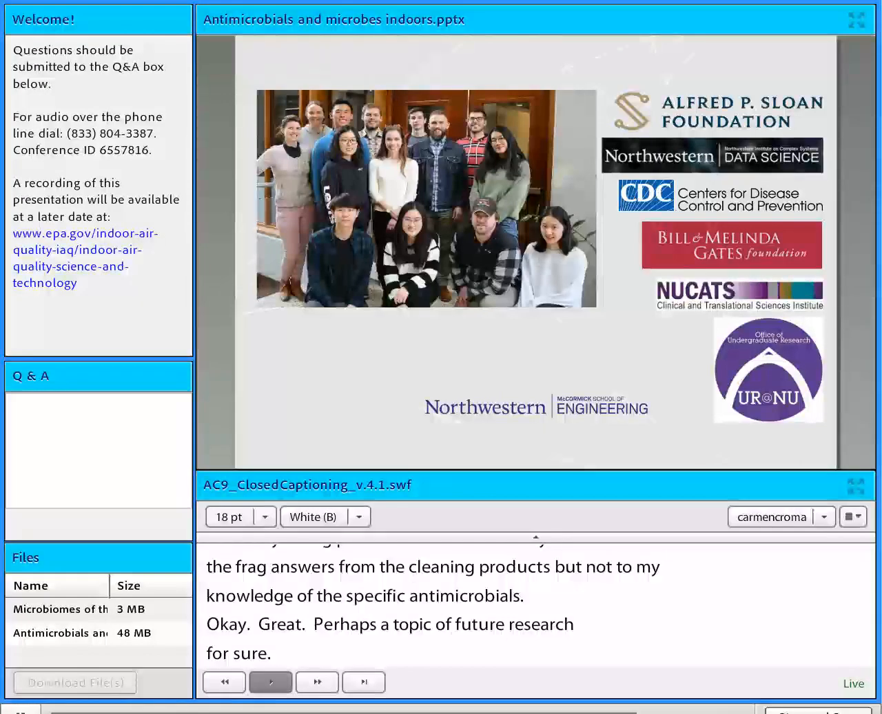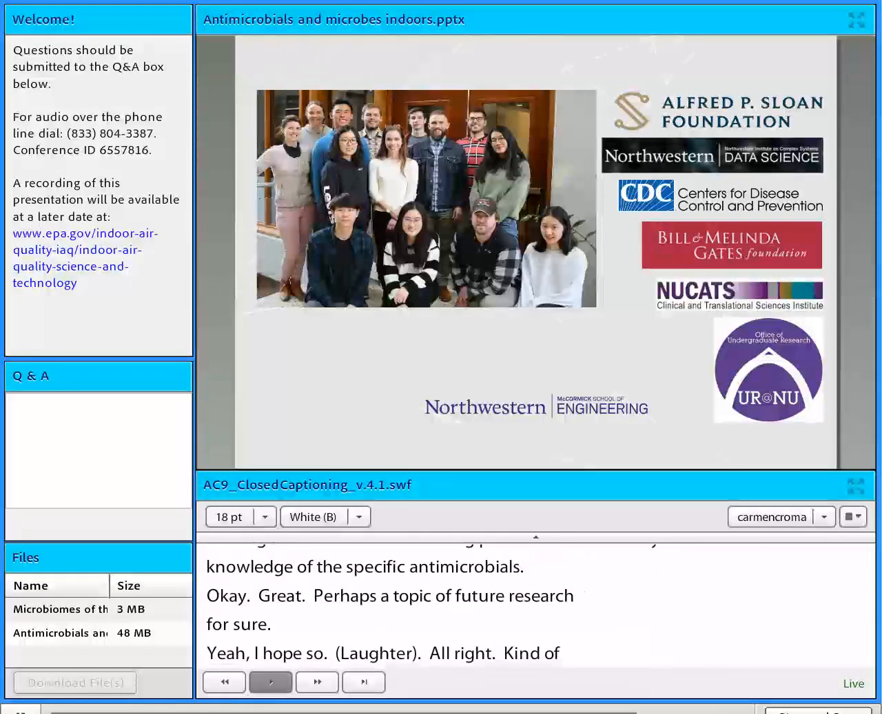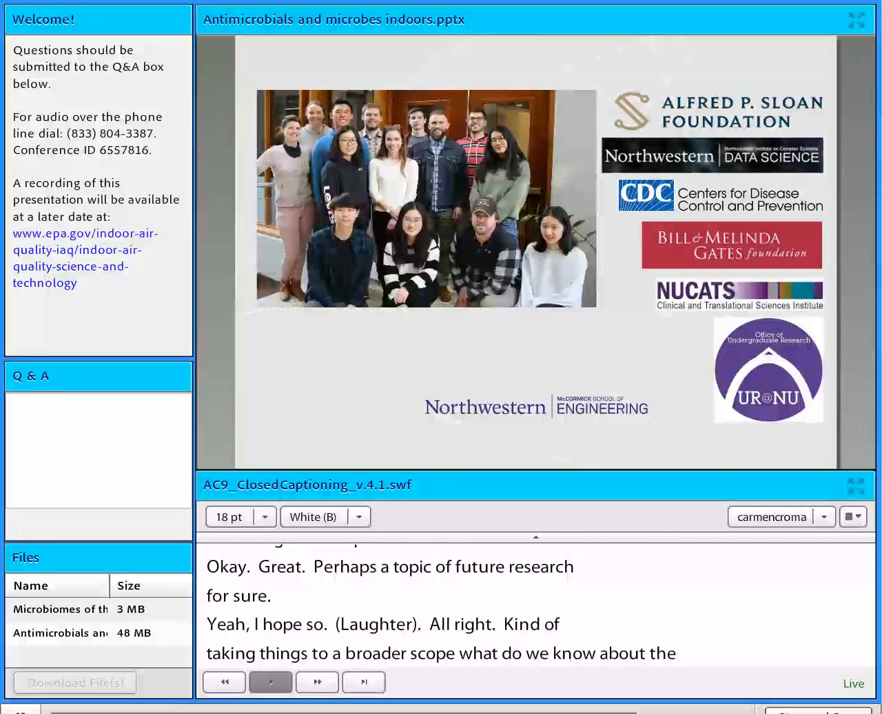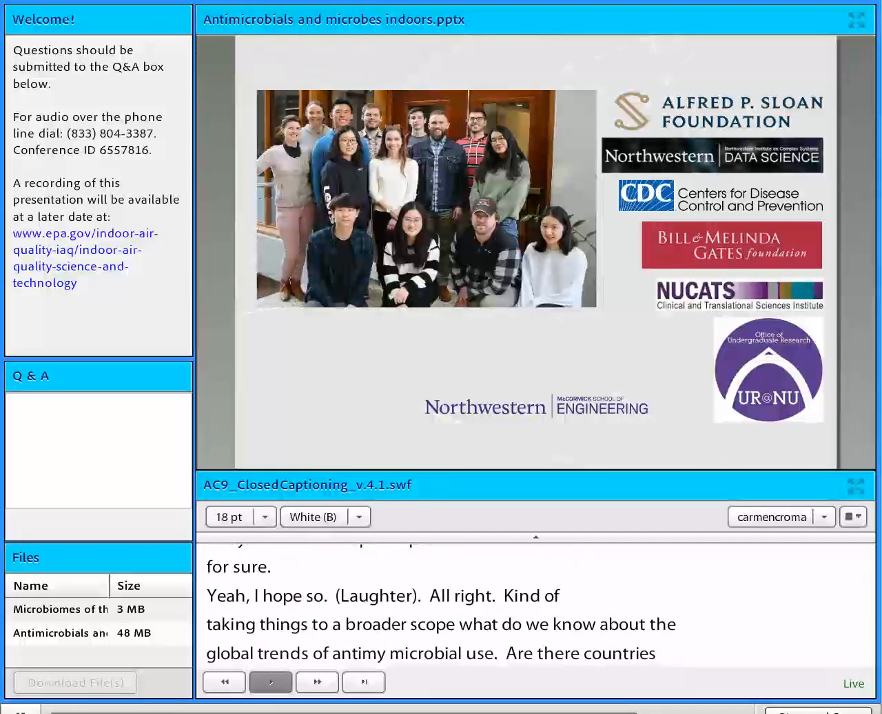All right, and kind of taking things to a broader scope. So what do we know about the global trends of antimicrobial use? Are there more countries, more regions of the world that use much more of it than others? And if so, just kind of what may those regions be? Ooh,